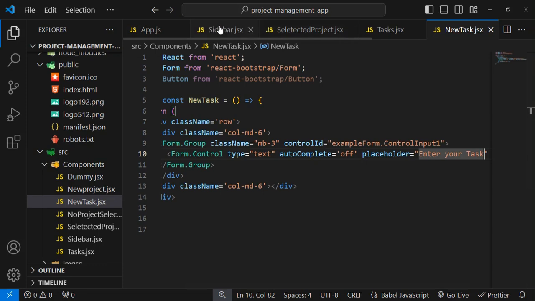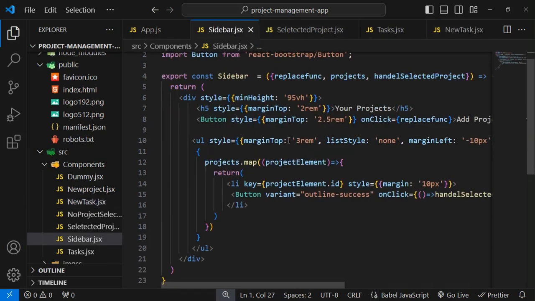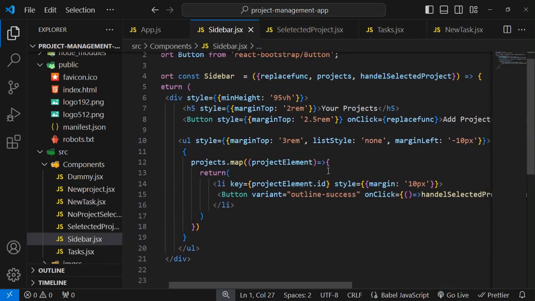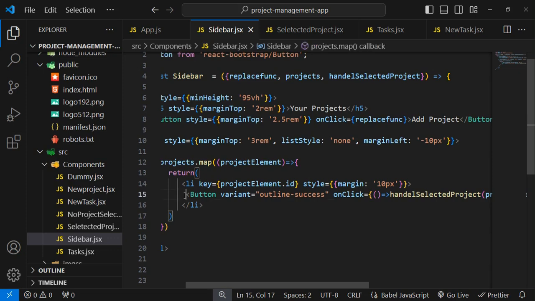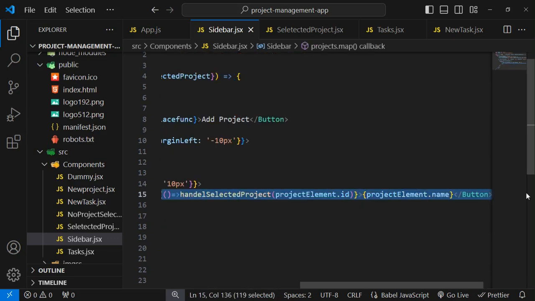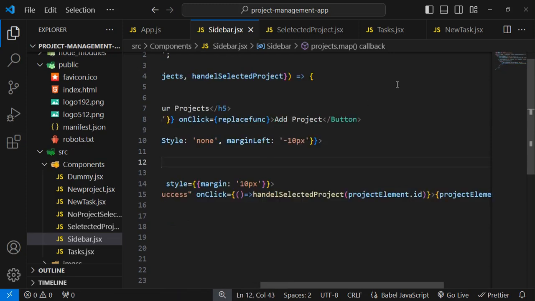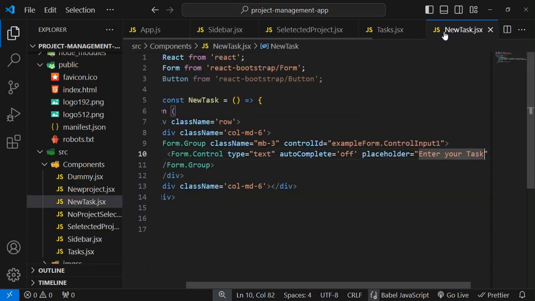Where is our sidebar? I'm here going to copy that button, Control C and paste it inside our new task. Here just press Control V